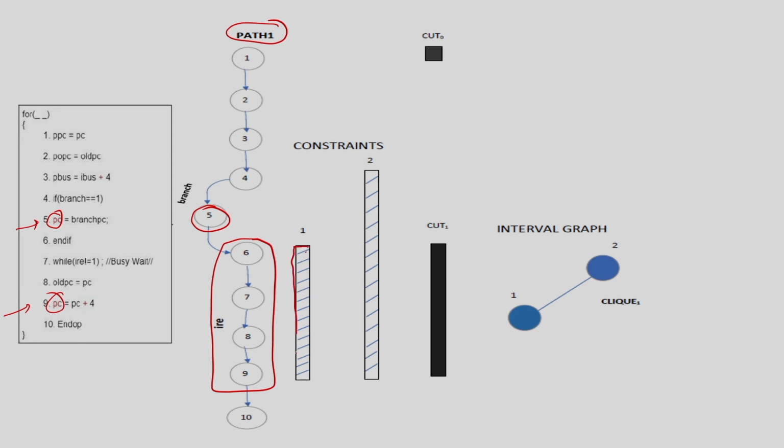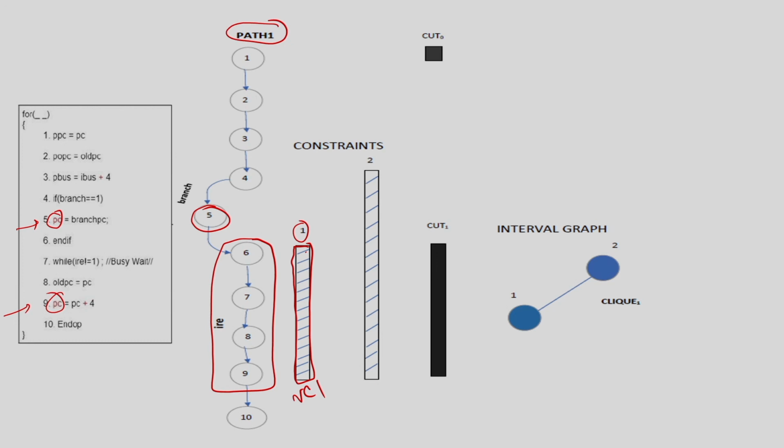So, since operations 5 and 9 are two operations updating the variable PC, I have to cut this path somewhere between 6 and 9, which is given by this constraint, Vc 1, so that this variable constraint is satisfied. As I mentioned, you can cut at 6, 7, 8 or 9, but wherever you cut it must satisfy my constraint. I represent this constraint by a bar because there are multiple options to cut. I do not take a decision at this moment whether to cut at 6 or 7 or 8, but I represent the range where the path must be cut to satisfy this variable constraint.